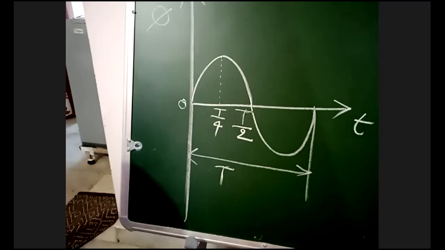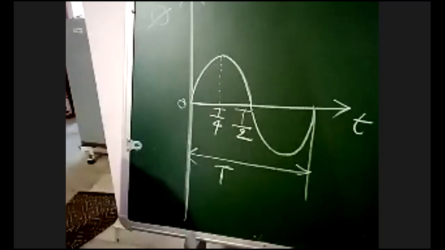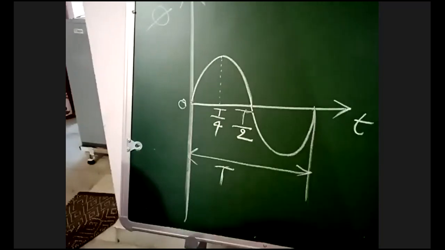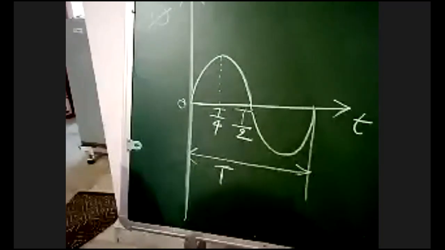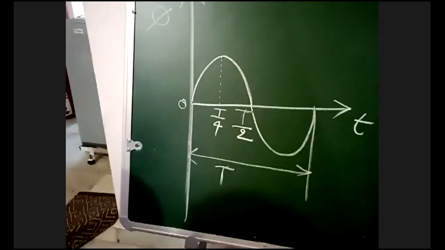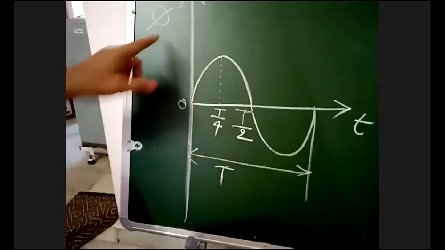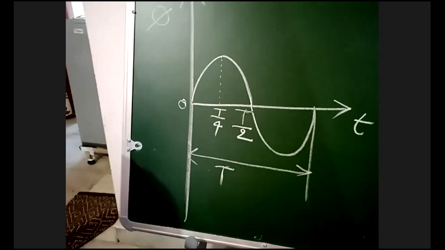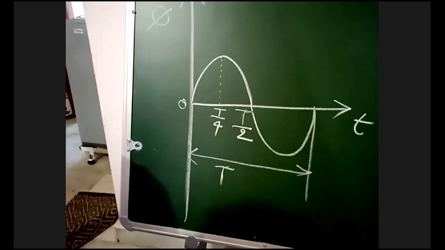Yesterday I had told you that around a current carrying conductor, magnetic flux is generated. So the flux is varying in the conductor. Depending upon the variation of flux in the conductor, EMF is induced in the conductor. So we have to derive the voltage equation depending on the variation of the flux in the conductor.